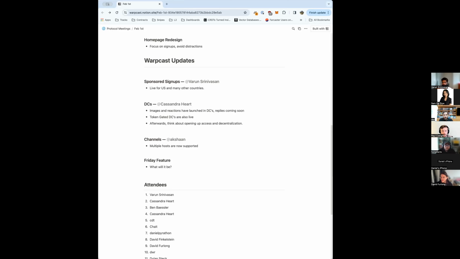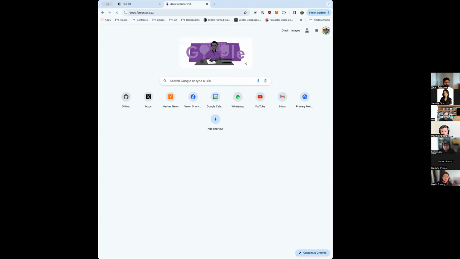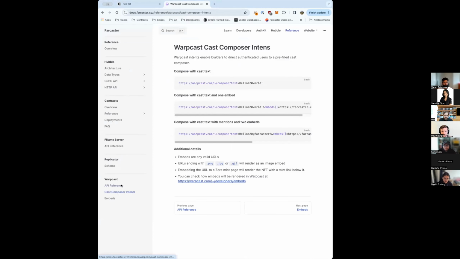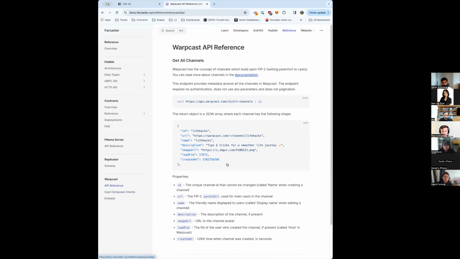But 2, since we have reasonable conviction that this feature is going to be around, we've also started exposing channel data over Warpcast APIs. So this is not the same as getting it through hubs, but there's at least a way that you can pull this in the interim. If you go to docs.farcaster.xyz and go to the API reference, there's a get all channels endpoint where we give you all of the information that's here. If there's any other small 1 or 2 endpoints that would make your life easier, if you're building other applications or trying to share channels, happy to consider requests to add them in here and make that easier while we figure out how to get them into hubs.